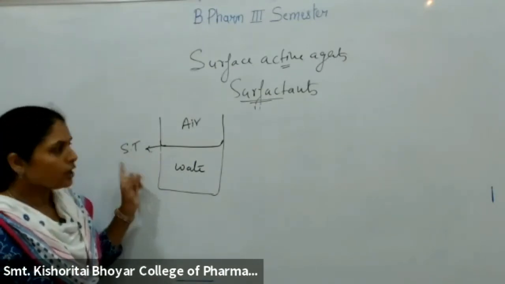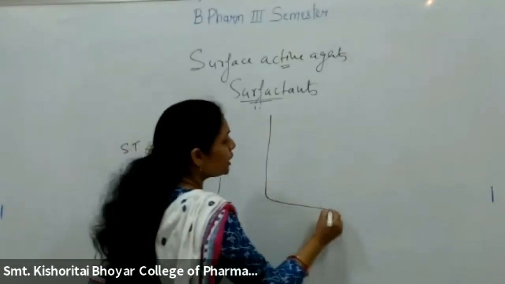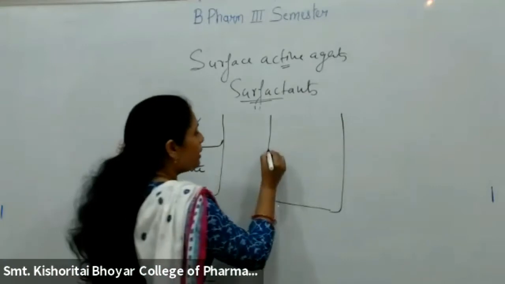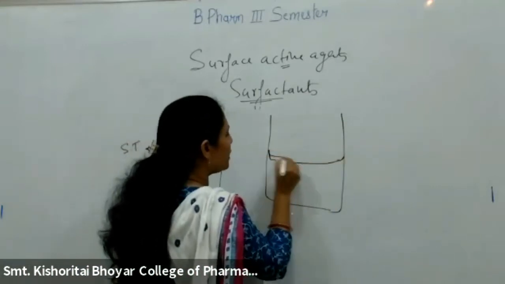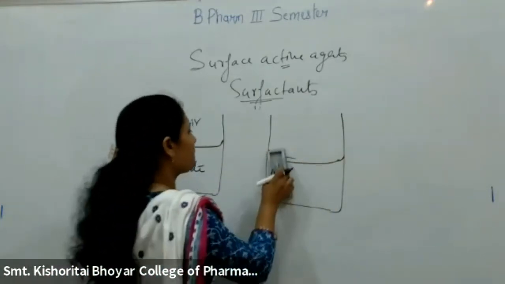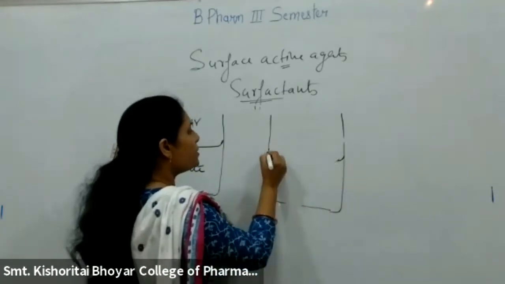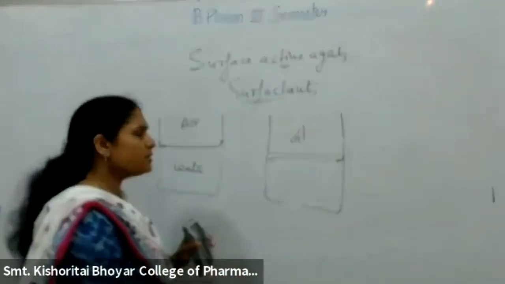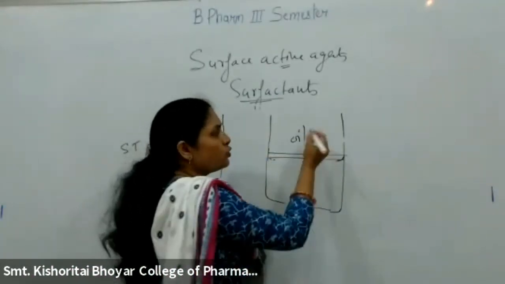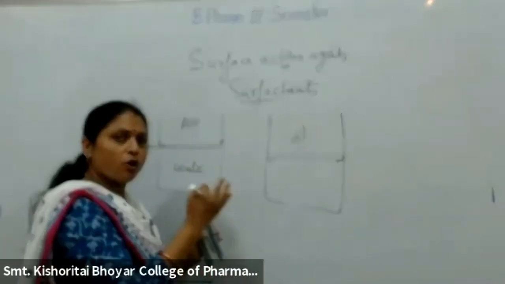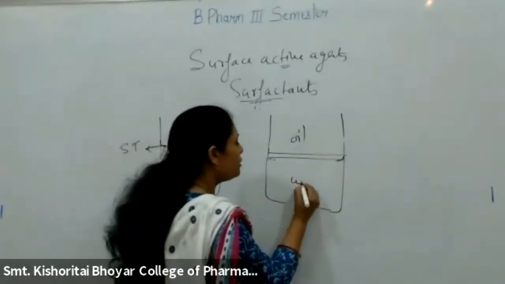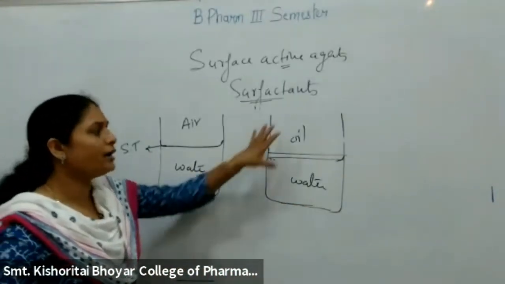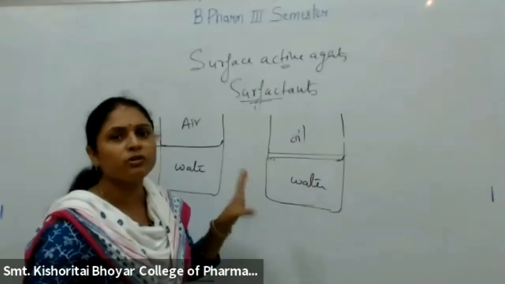Boundary between water and air here, it is a surface, and the force existing per unit length is termed as surface tension. दूसरी चीज, अगर दो लिक्विड साथ में हैं and the two liquids are immiscible with one another, and the example which we are taking here, suppose this side it is the oil, you can consider here any other organic solvent also, it can be benzene, chloroform or carbon tetrachloride, and we are taking here water. So we know that oil and water definitely are not miscible with one another.